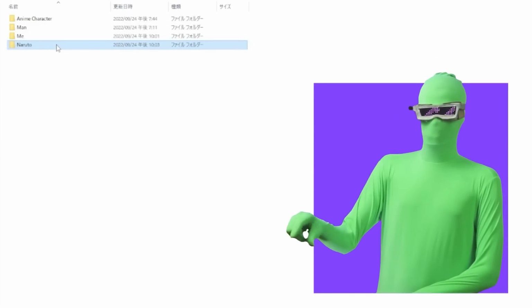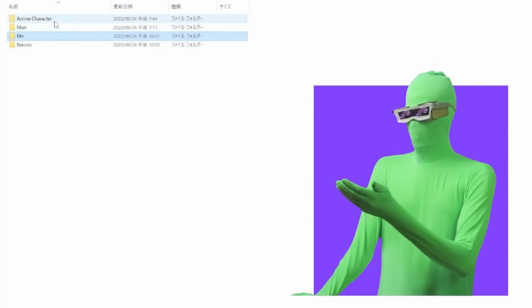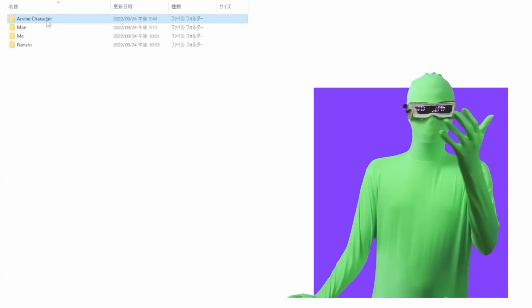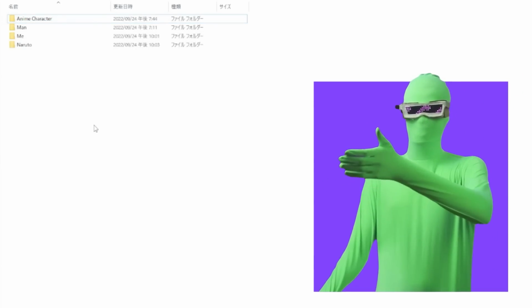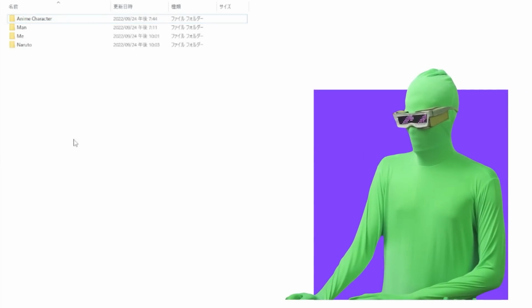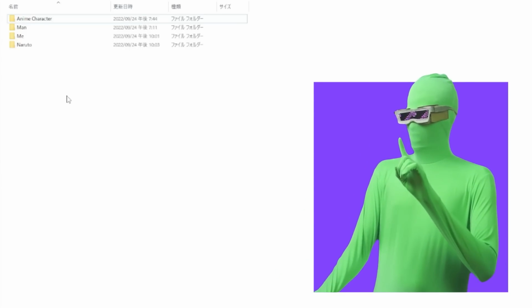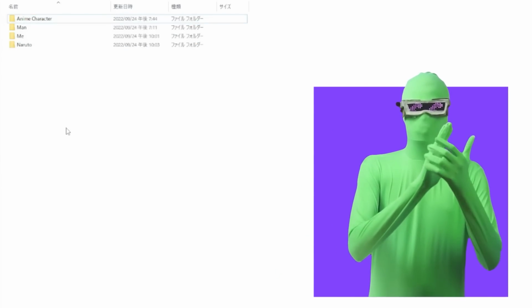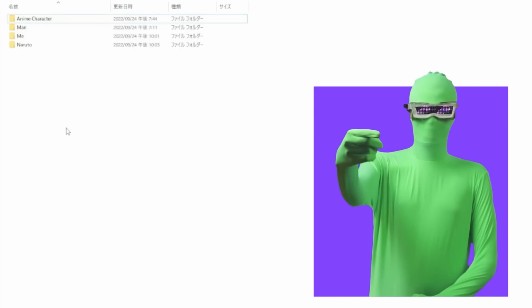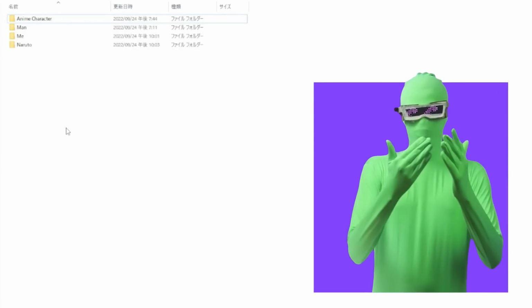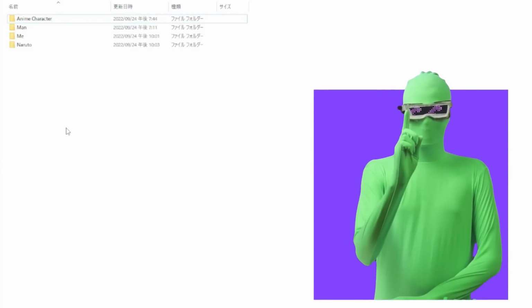So anyway, once you have all the images there, like I have me, I have man, I have Naruto, I have anime character, you have, you know, like you or cat, whatever it is that you have. What you want to do is highlight them and put them in a zip folder, because when you go to use Vast AI, you cannot upload files in a folder. You can only upload one file at a time.